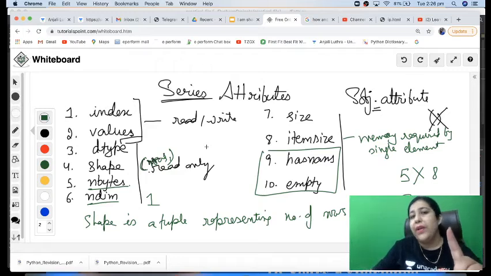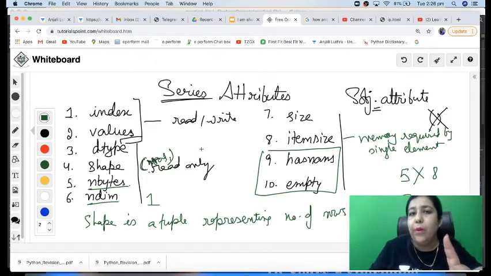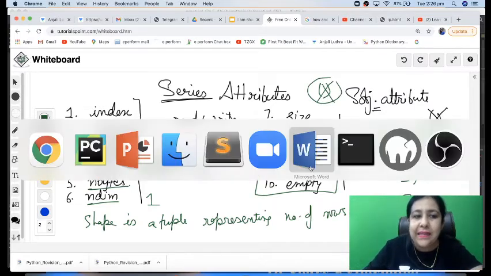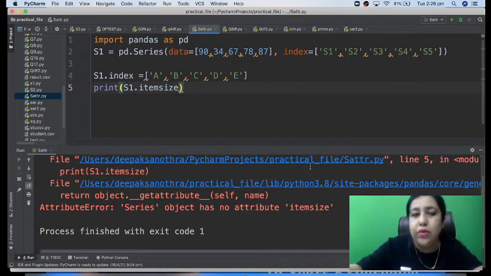So you can get questions in the exam to confuse you where the options would be given and the letters would be in capitals. So capital would be wrong, putting a round bracket behind that will be wrong. It is all small. Now has nans and empty are the ones which give true or false value. Nan is a special value in Python, that means not a number. So if your series has nan, not a number, it will give you true. But if your series does not have any nan, it will give you false, like our series does not have.